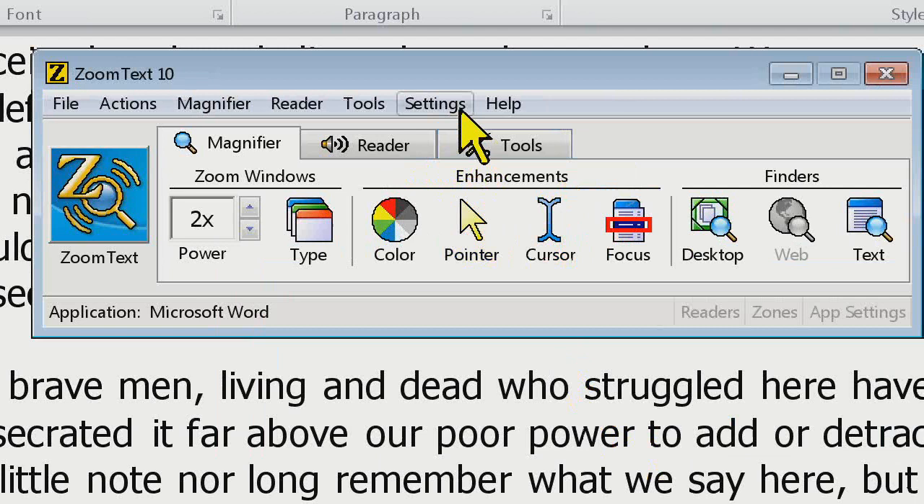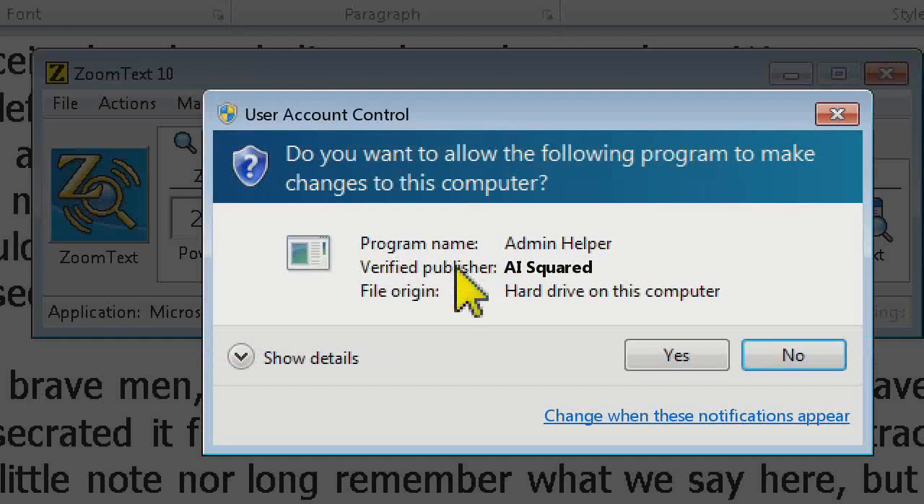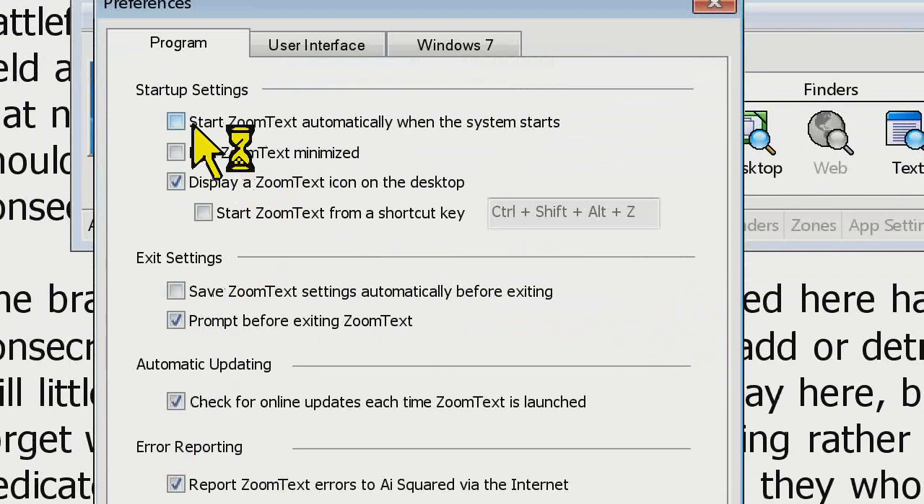A few other settings: if you go to the Settings menu in ZoomText and go to Program, Windows Vista or Windows 7 will prompt you with the User Account Control. Just accept that or log in if you need to. If you want ZoomText to start automatically when the system starts after you log into your computer, check the very top checkbox that says Start ZoomText Automatically. You can also have it start from a shortcut key. If you check that box, you can have ZoomText start from a shortcut key, which is